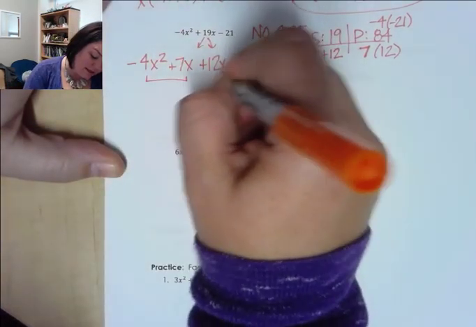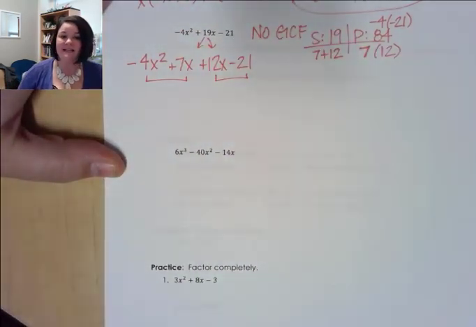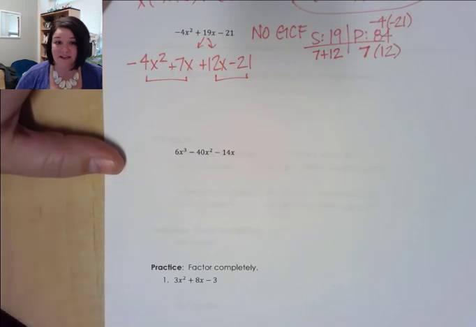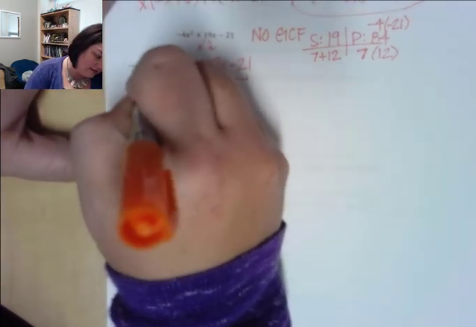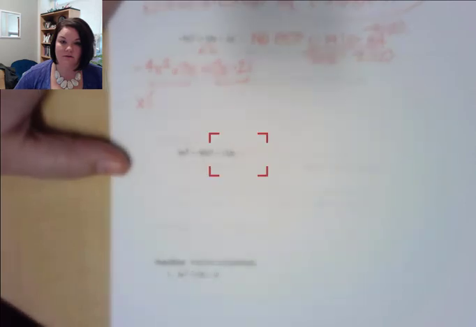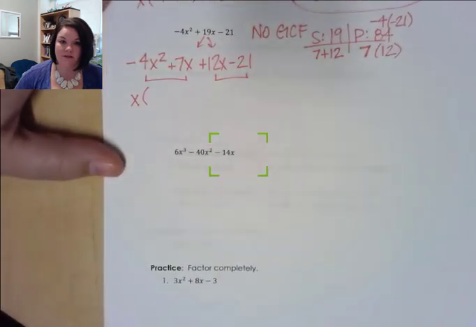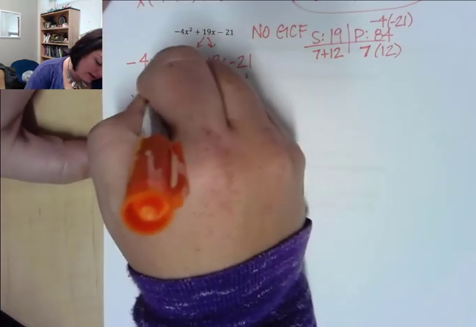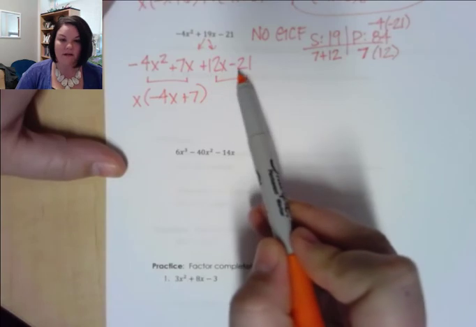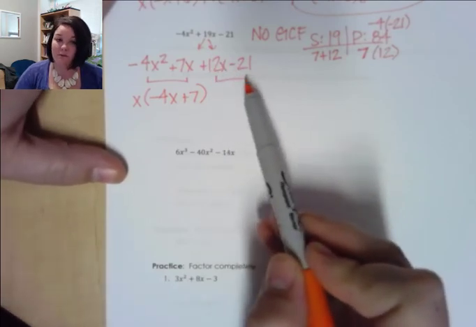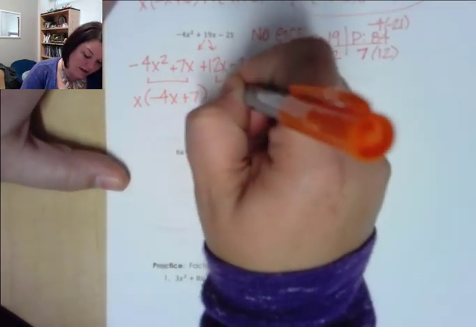So when I group these 2 together, I can take out only an x, right? That's all they have in common. So if I take out an x, I will be left with a negative 4x and a positive 7, right? Now I want to see what these 2 have in common. Well, these 2 are both divisible by 3, so I know I want to take out a 3, but it's